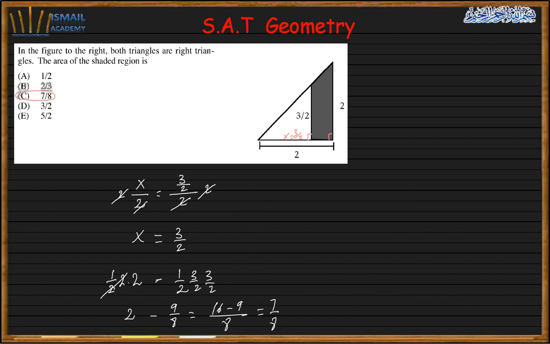The second way, which is very short: you extend the line, you create a square here. It's like you create the same shape on the other side, do you see? Because this is the same shape, that side is the same as that side, 3 half, and that side is the same as that, 2. So we have a square, and we have another square inside. So here I'm going to look for this